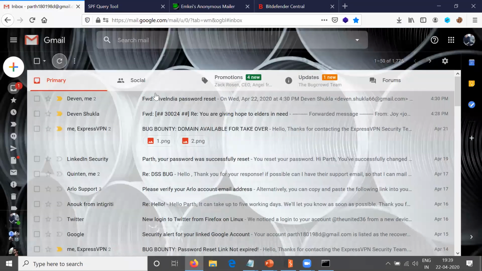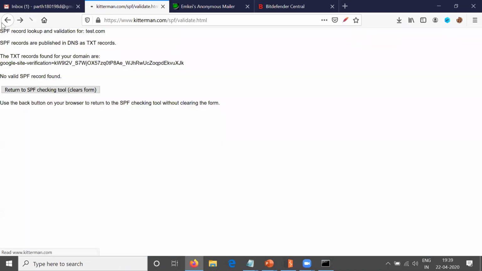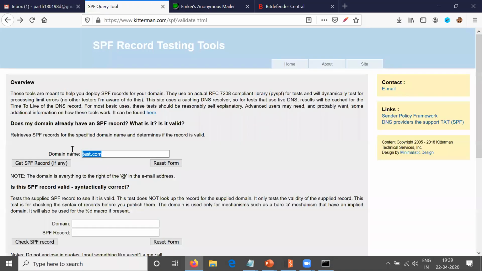Yeah, so see, there was no valid SPF record for those domains, and the email appeared in my inbox. Now we'll try one more time. I'm not sure why google.com is not coming.